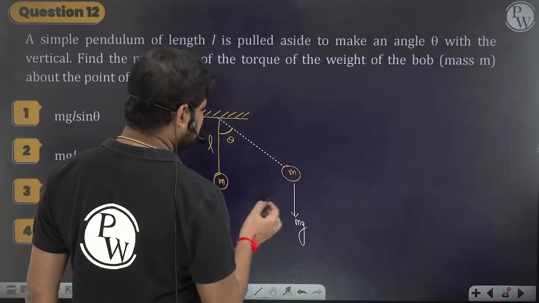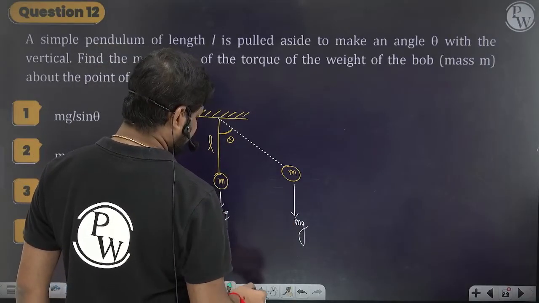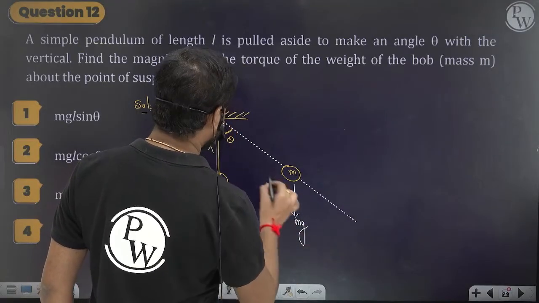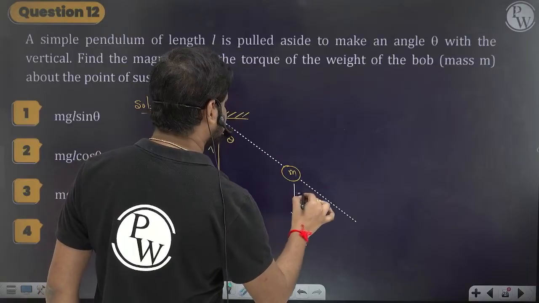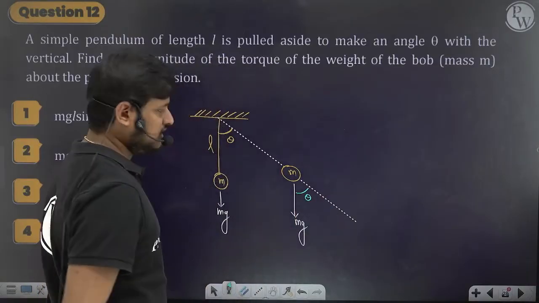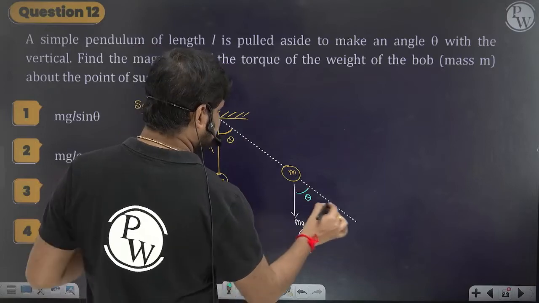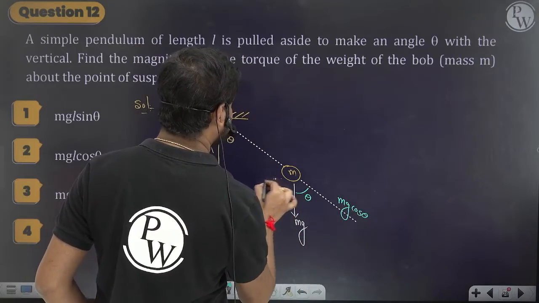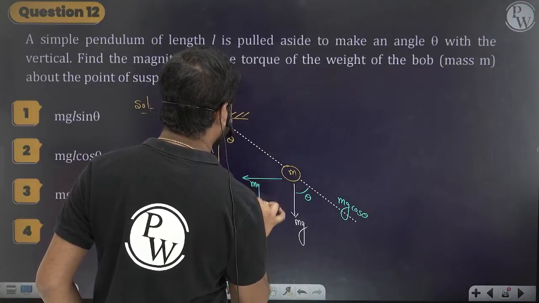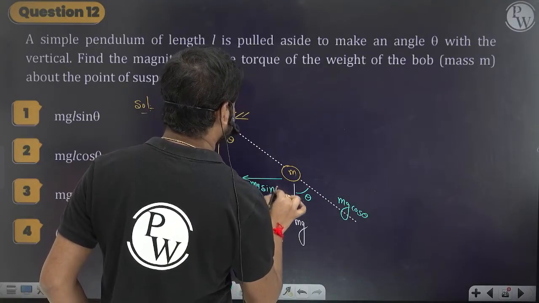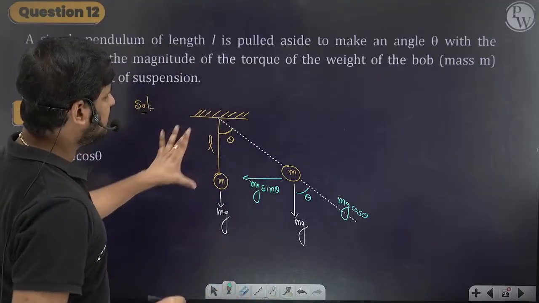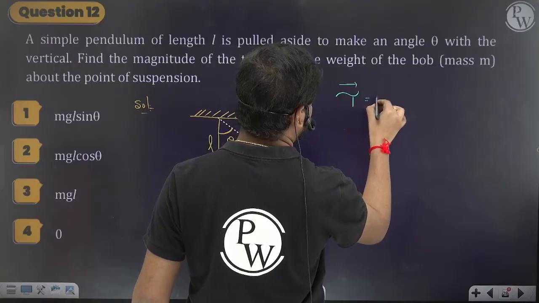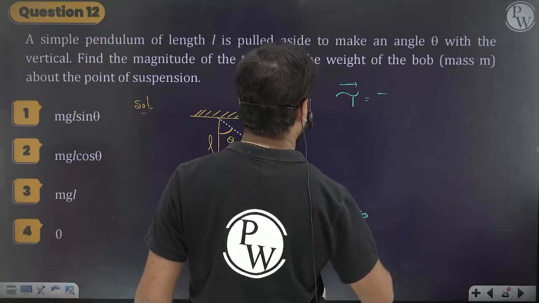Force times perpendicular distance. First, just to understand the basic concepts, if you extend this and this angle is theta, then this will also be the angle theta. Yes or no? Then this will have mg cos theta, the weight component, and this side we get mg sin theta. This will be the perpendicular component. Yes or no? So the torque is equal to the force times, or else R times,